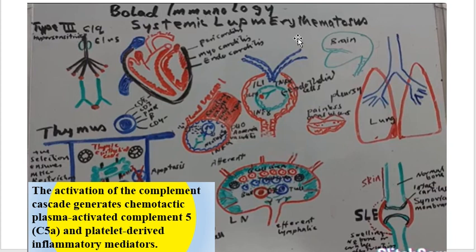In case of systemic lupus erythematosus, actually it is a type 3 hypersensitivity reaction, so it is immune complex mediated, and these immune complexes are circulating. If they reside here in the heart, they will lead to pericarditis, myocarditis, or endocarditis. These are non-infective carditis. They will lead to dilatation of the heart and maybe heart failure. If they reside in the kidney, they will lead to glomerulonephritis, and if they reside in the blood vessel,